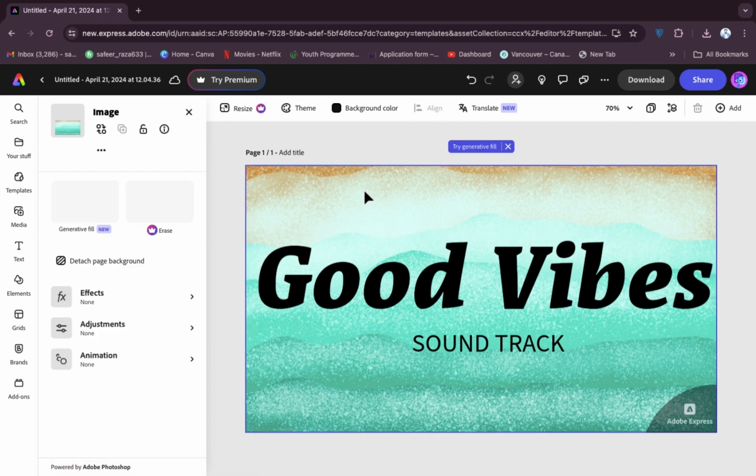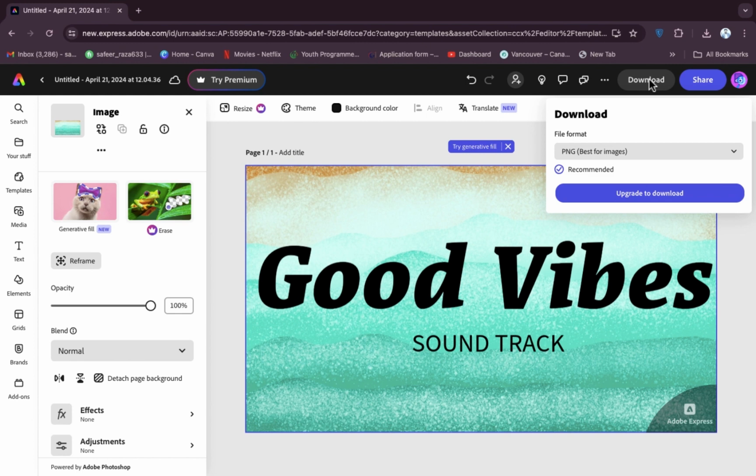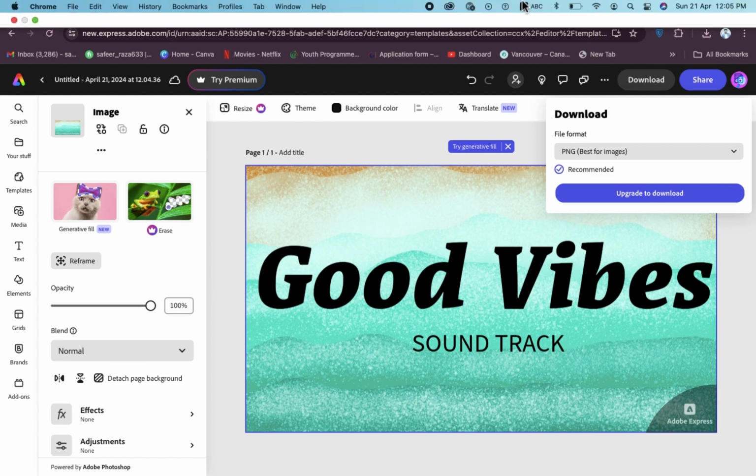If you want to change the picture, or if you want to make changes in the picture, you can also do that, like the generative fill and erase, and all options are provided here. And after the completion of this editing, you have to hit the download button, and after clicking on the download button, it will take a few seconds or a few minutes to download. And after the completion of the downloading process, you'll be able to